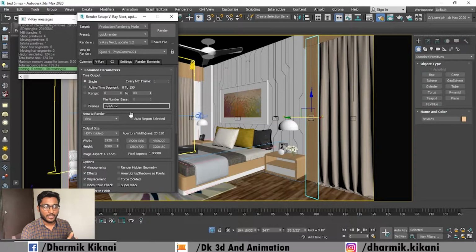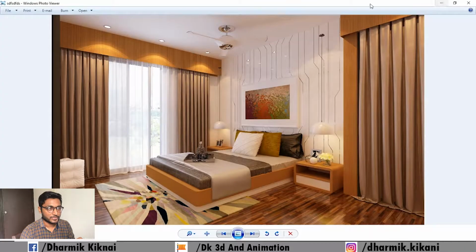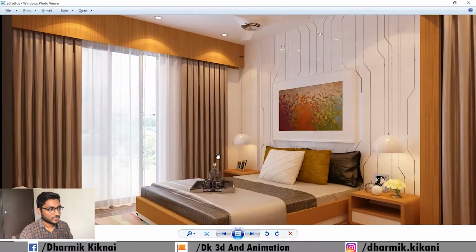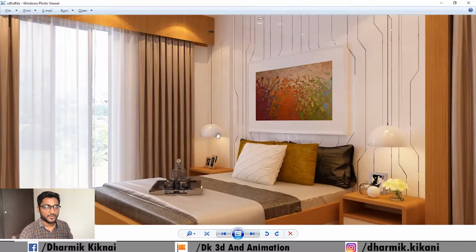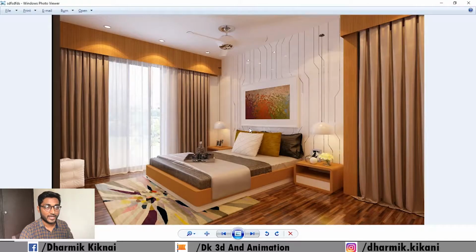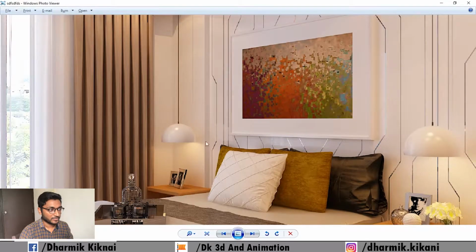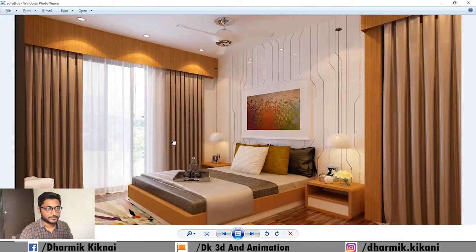As you can see, I use one 3ds Max file so you can get the idea. First of all, I will show you the actual render of this model. So this is the actual render of this image. As you can see the clarity of this image. I use maximum 5 subdivision, so that's why I get this result. And if I increase the value of subdivision, you can get a more quality result.